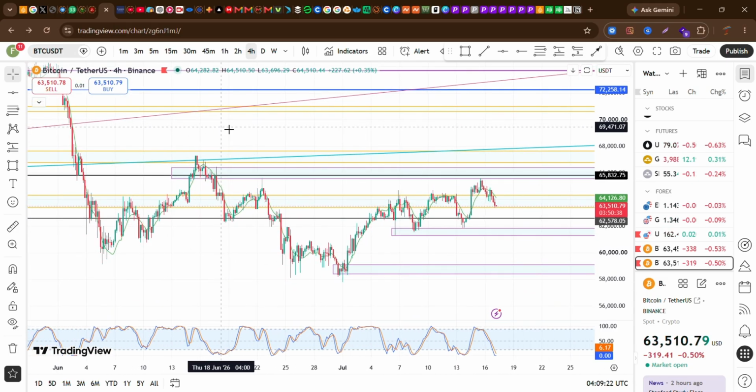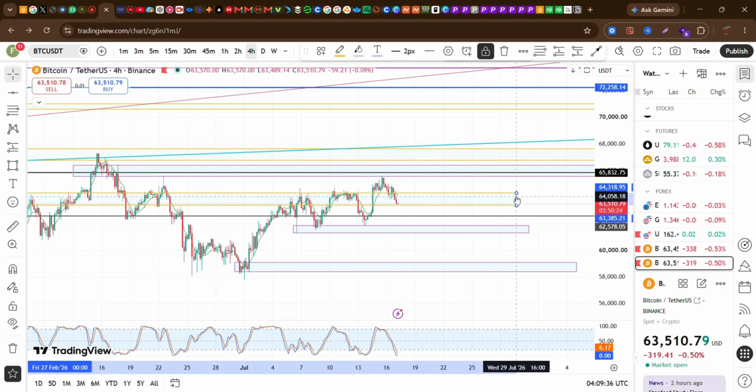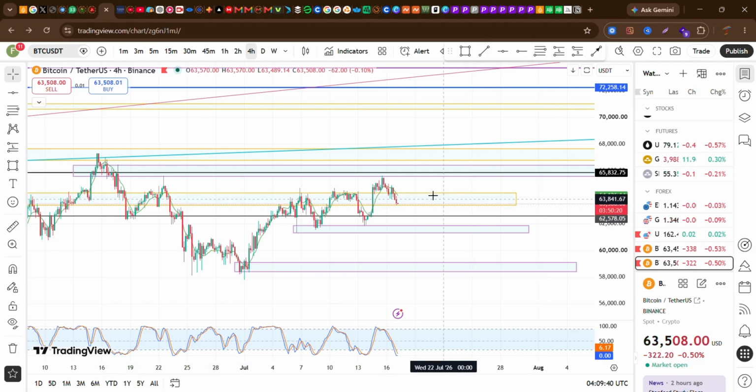I've done away with the useless, or let me say the fulfilled other blocks, the fulfilled zones. This is 4 hours, okay. So this is my prediction for this market. It's at this zone,